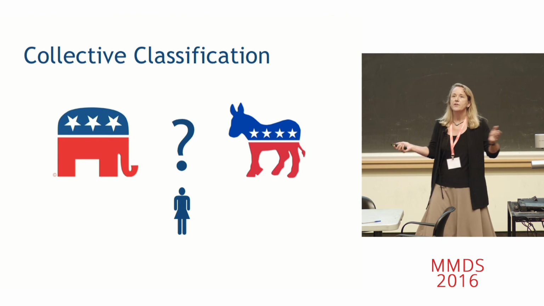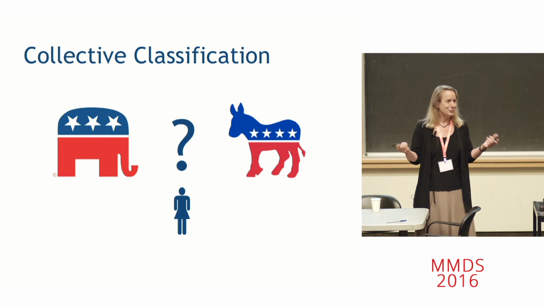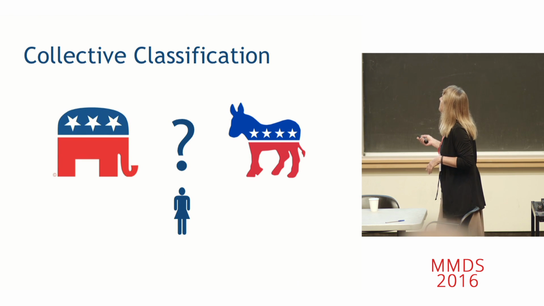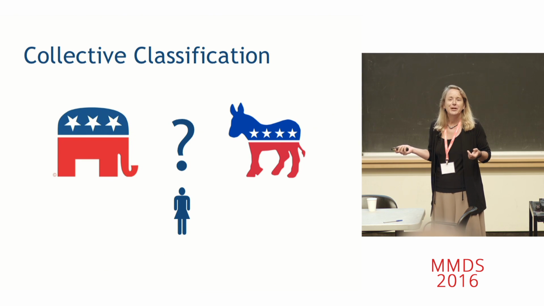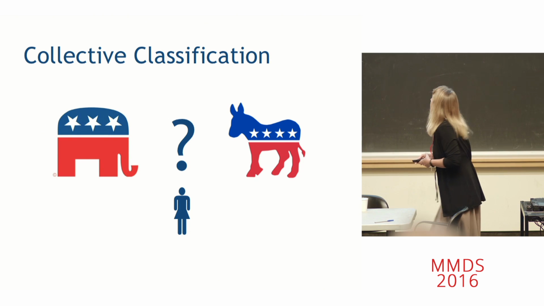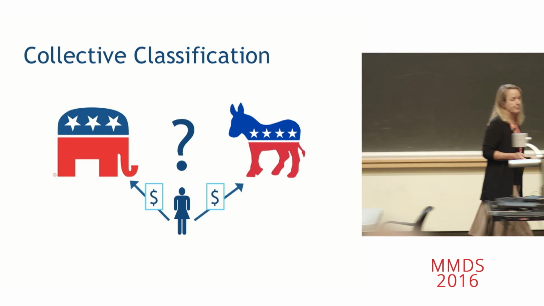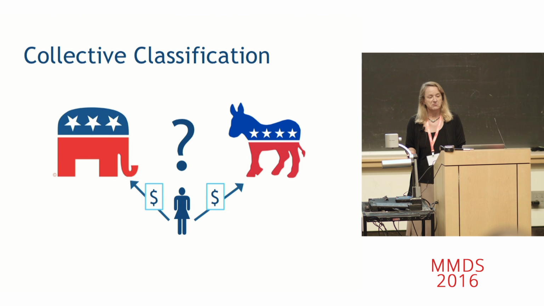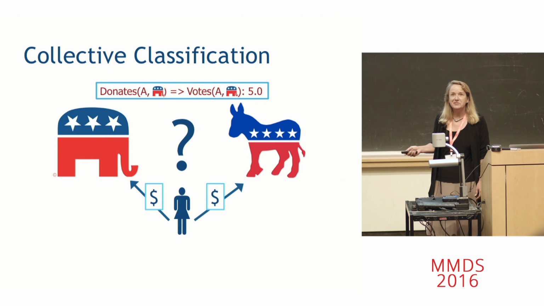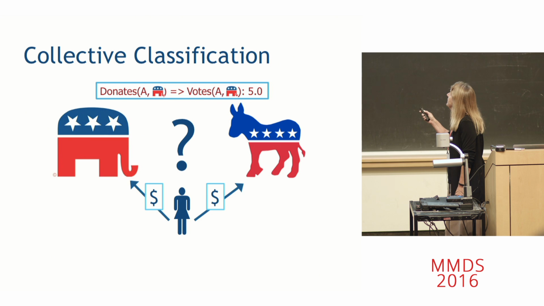So the first one is we have some network and we're trying to label the nodes in the network. I'm going to give toy examples of a few of these things, where suppose I want to figure out the political persuasion of an individual in the network. I'm definitely going to use any local information that I have about the individual. So I'm going to look at, oh, did they contribute to some campaigns? Then I'm going to have this thing that looks like a rule.